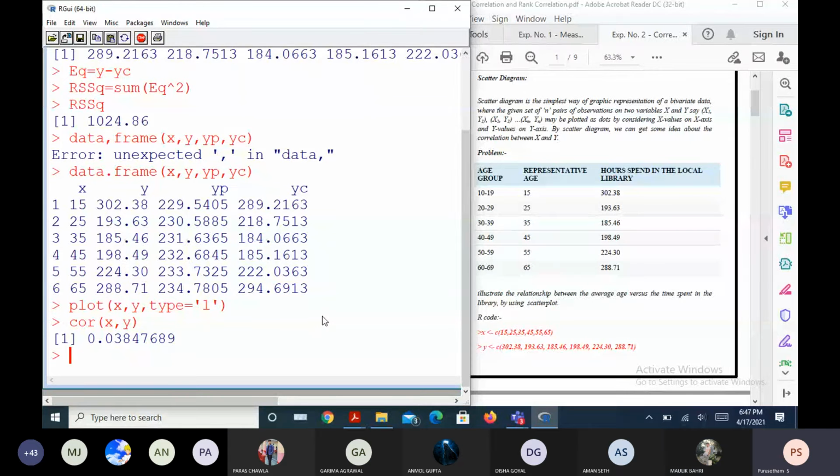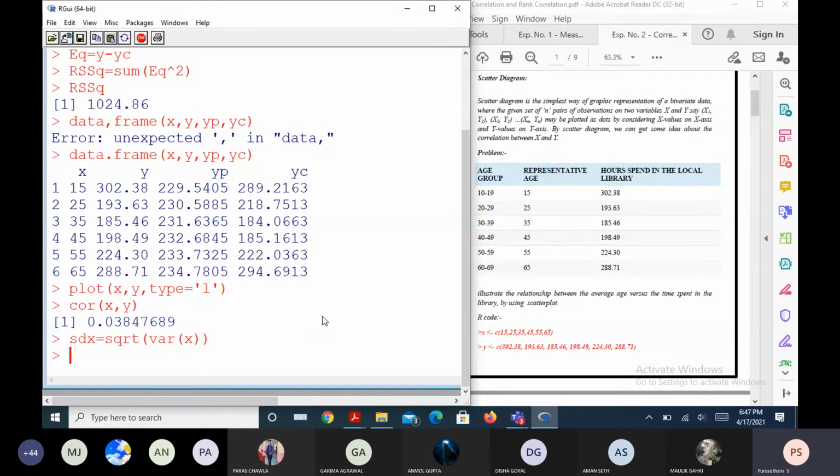If I want the standard deviation for x, then it is the square root of VAR of the variable x. If I want the standard deviation of y, it is the square root of VAR of y.